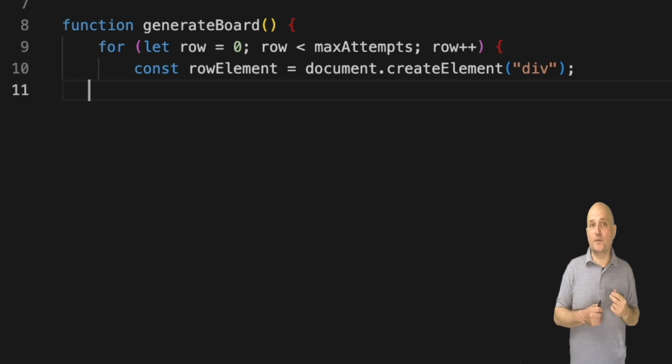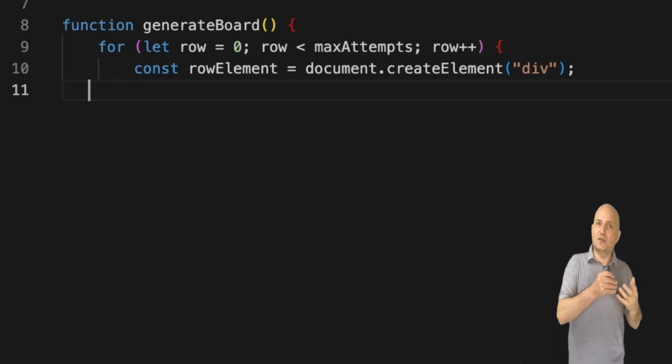That's simple enough. But the next line is the interesting part. Up until now, we found elements. This time, we're creating one. This is like writing a div tag in the HTML. We can dynamically create a new div tag from the JavaScript code. Notice it isn't placed anywhere yet.